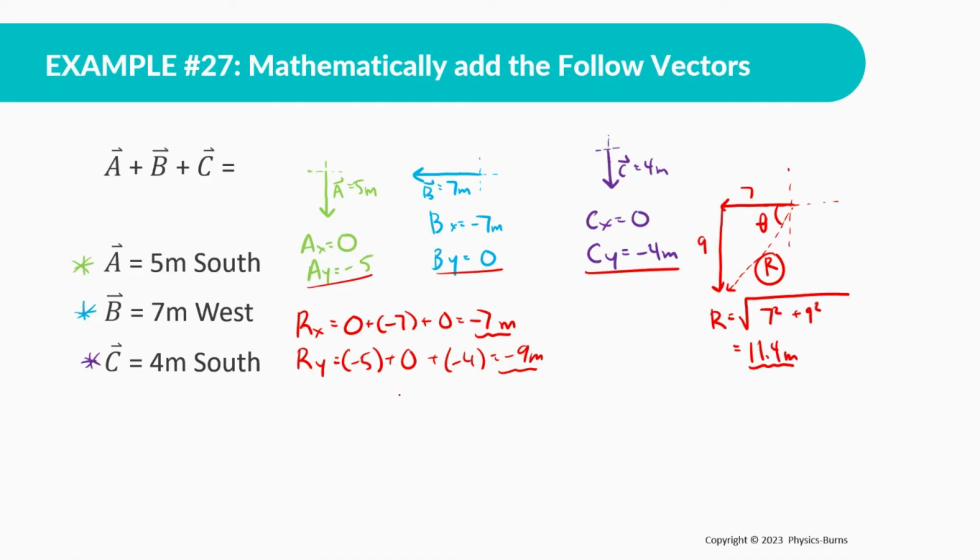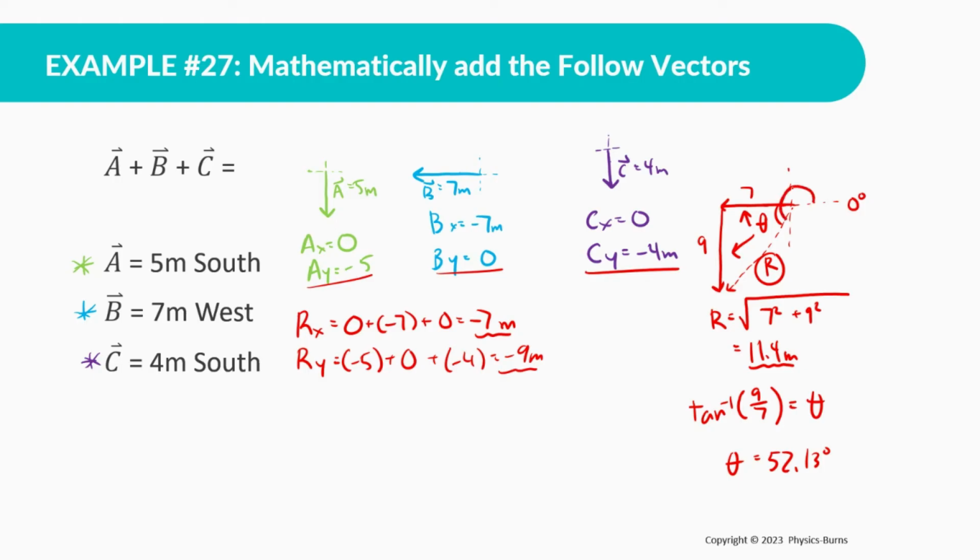Okay, so direction here. I'm going to use tan to do that. You can use sine, cosine, or tan in this way, but I'm going to use tan. Inverse of tan equals TOA, opposite, which is 9, divided by adjacent, which is 7. Okay, give me theta. Theta is equal to tan inverse 9 divided by 7, and we get 52.13 degrees. But remember, the actual angle is going to be all the way from this 0 point all the way